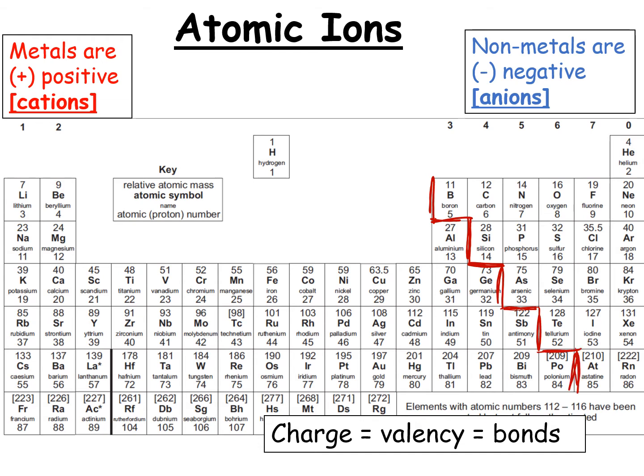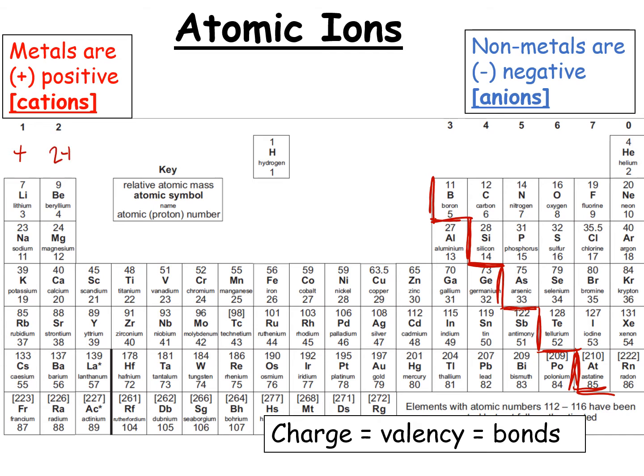To find out the charge on any ion, or the valency, you just look at the group number it's in. If it's in group 1, all group 1 ions form a positive charge